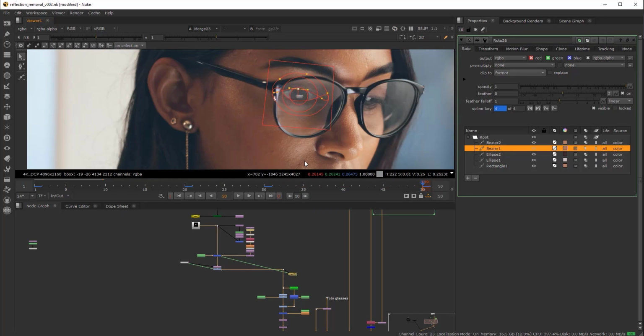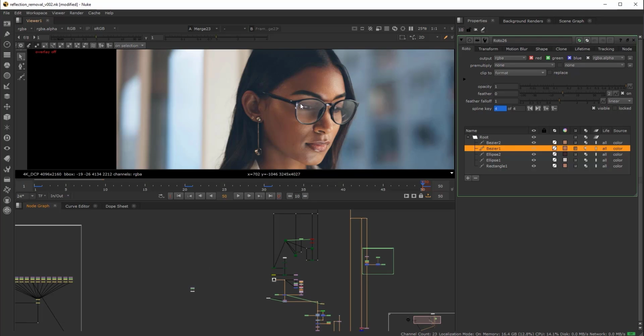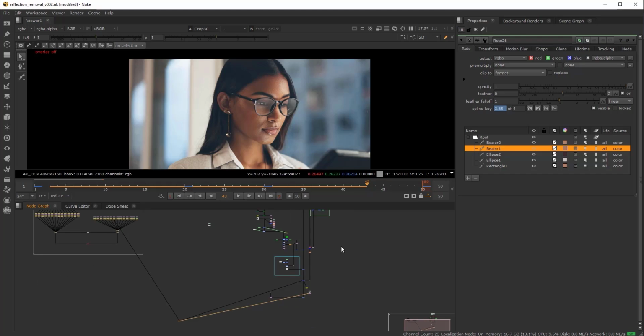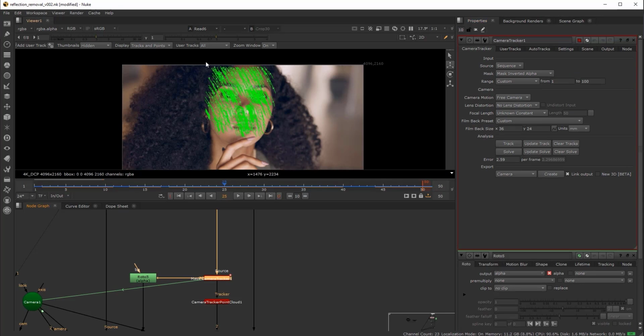Hello everyone, and welcome to this short introduction to the upcoming video. In this video we're going to see how to remove an offending reflection over an actor's glasses using different techniques. We'll see how to generate a point cloud and a mesh from a moving object, and we're going to see how